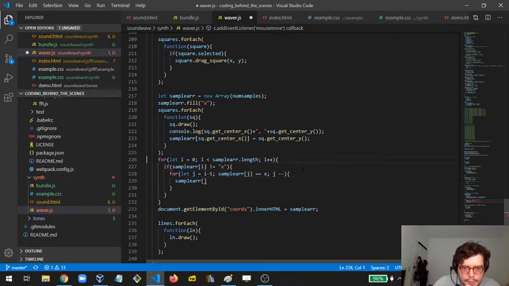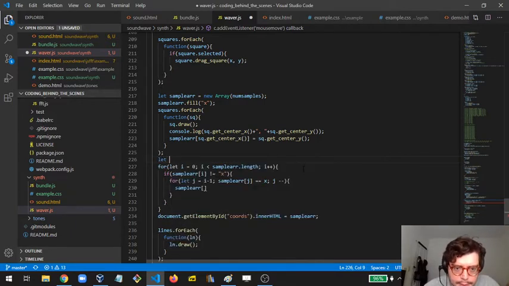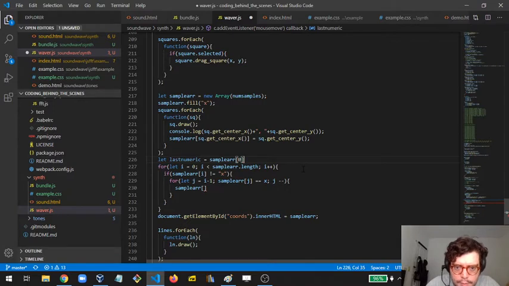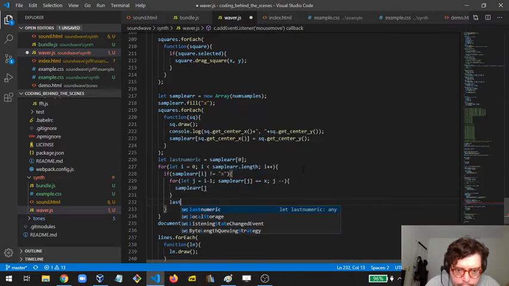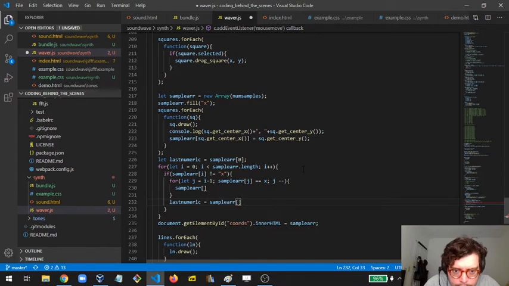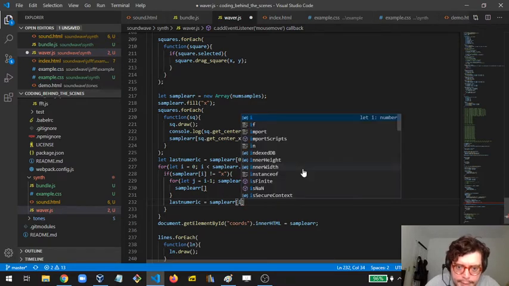So I'm just gonna say here that the value of last numeric is gonna be sample array 0, and like last numeric here is gonna be sample array i,